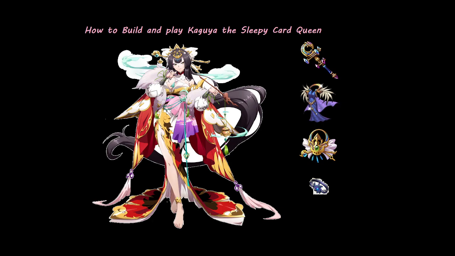Kaguya is extremely flexible in her playstyle, able to do both single target and AoE abilities. She is able to consistently keep all of her abilities off cooldown, constantly pouring out damage every turn. And we're going to go over that and show you how to play her right. Without further ado,